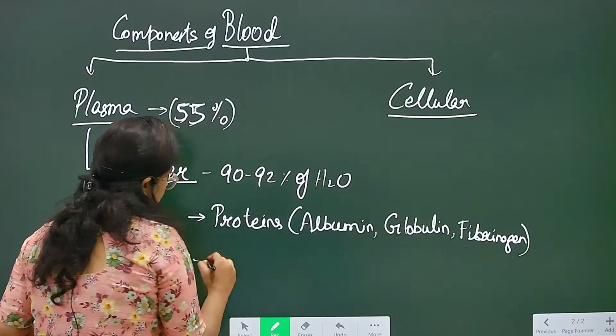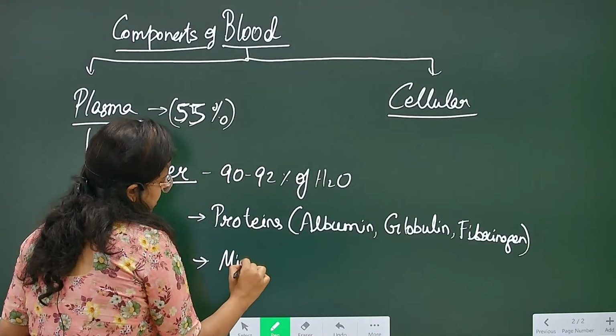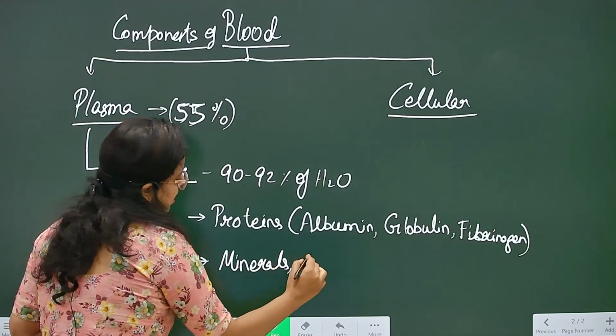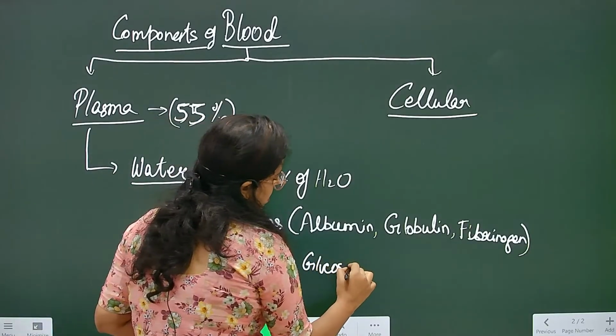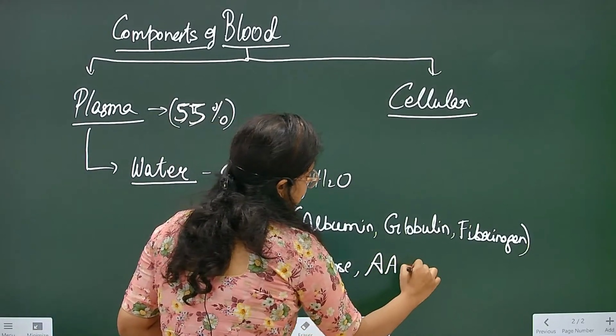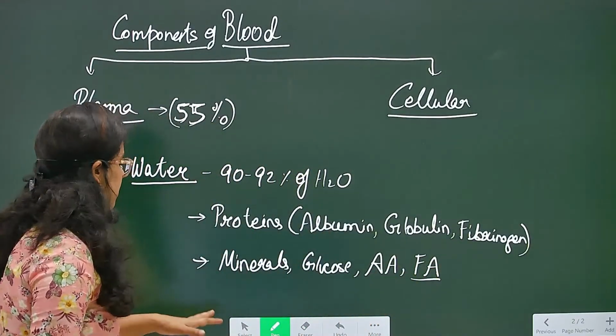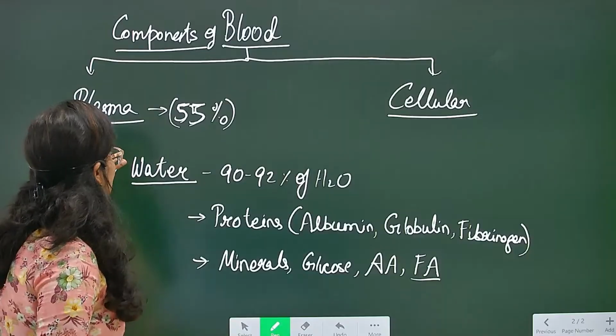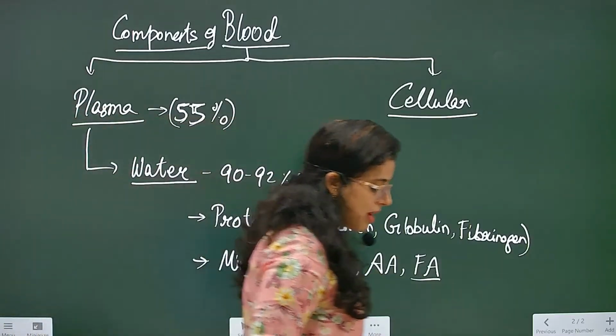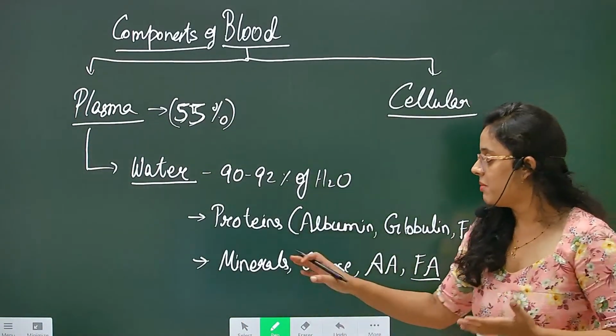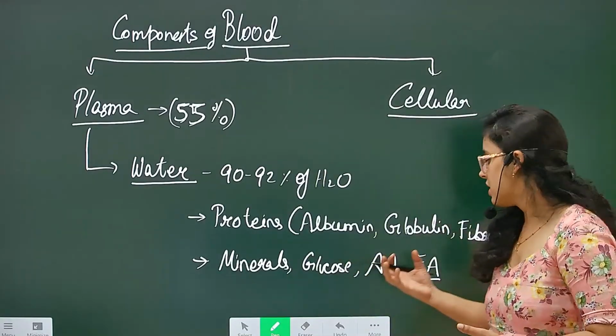Okay, now they also have minerals, enzymes, glucose, amino acids, fatty acids. FA means fatty acids, and AA, here I am mentioning amino acids. So the composition of the plasma is majorly water, and the remaining are the proteins, enzymes, minerals, amino acids,